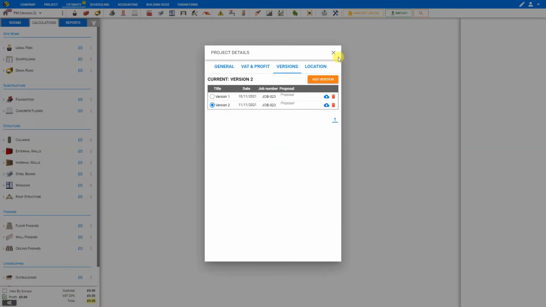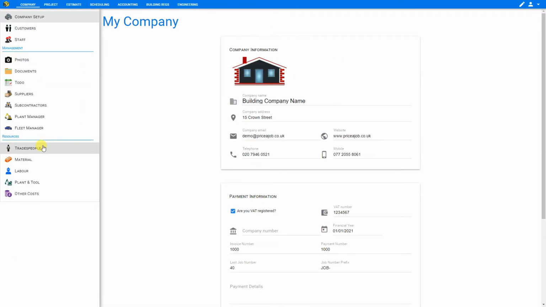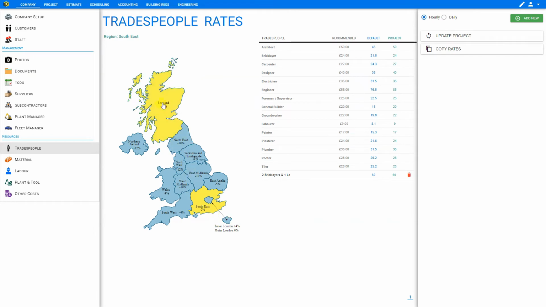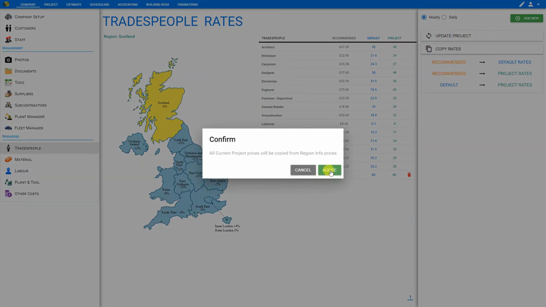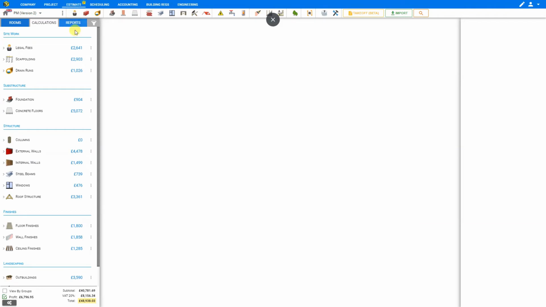Switch to version 2. And now when we go to our Company tab, we can select Tradespeople and select a different region which we'll be operating in. And this revises the recommended rates. So now we can copy the new recommended rates to our project rates, agree, update the project, and now we can consult the estimate, and we can see that this same project that was £50,000 in London will cost only